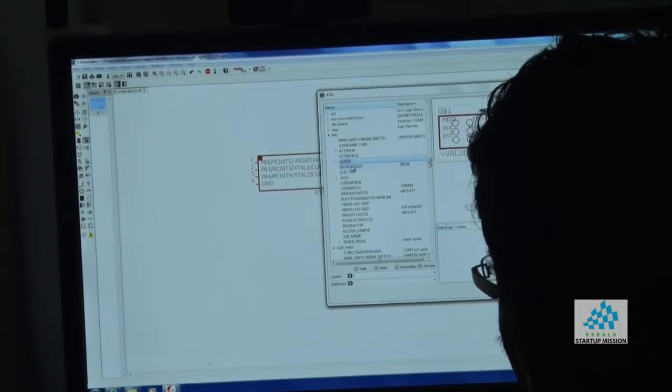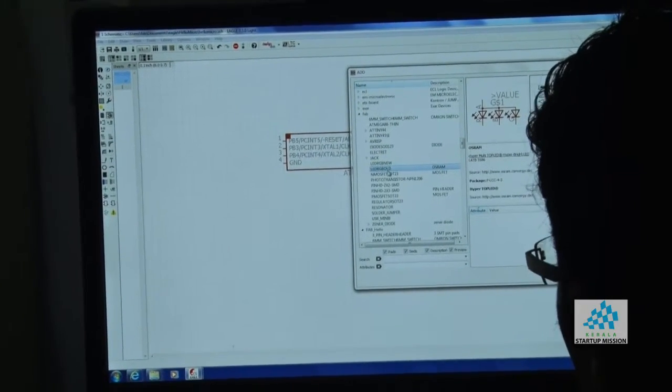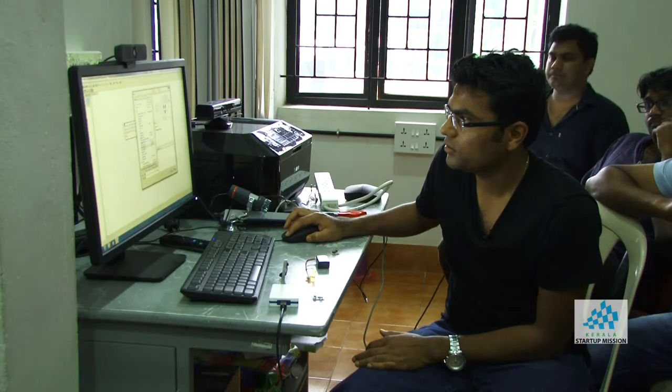Switch, ATmega, ISP, LED, RGB LED, MOSFET, pin, resonator, regulator, solder, USB,